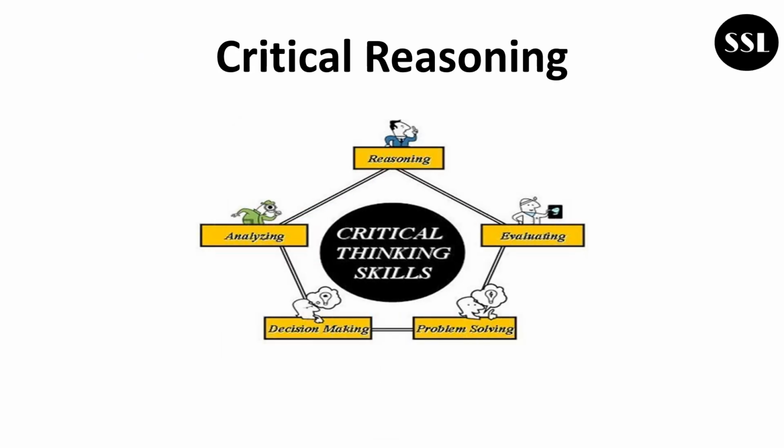Critical reasoning. For solving critical reasoning questions, we require critical thinking skills. To improve our critical thinking skills, we follow a 5-step procedure which is given in this picture. Let me explain this 5-step procedure one by one. Analyzing. Analyzing means analyze the situation, circumstances and the problem thoroughly stated in the argument. Then reasoning. Reasoning means you apply your concept, logic or reason here to identify the conclusion, premises and assumption stated